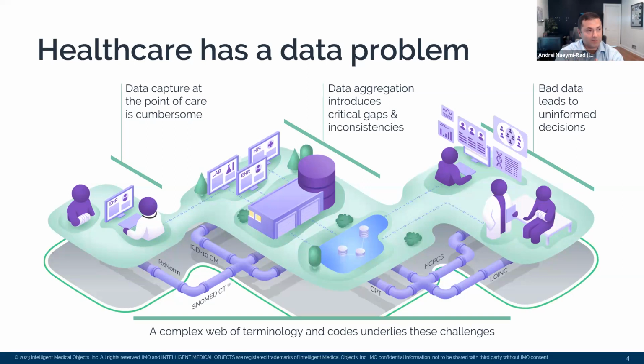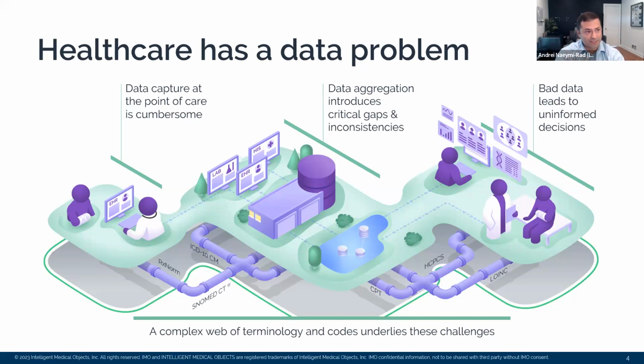And as that data is being captured, a lot of times it gets sent downstream through the pipes in a lot of disparate ways. Vendors might be sending data only to adhere to the minimum accepted requirements of transmission information. And as it gets into the aggregate layer, it permeates a problem in data that puts it on the shoulders of data aggregators and data stewards to plug the holes. And as organizations are trying to plug the holes, it could lead to critical gaps and inconsistencies. And this is wholeheartedly present within the structured side as well as the unstructured side of the equation.